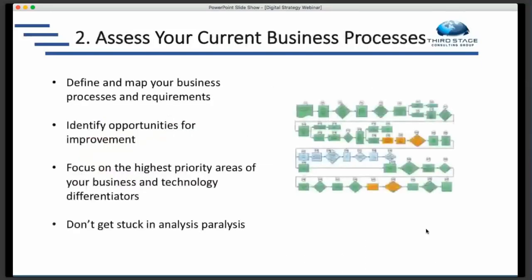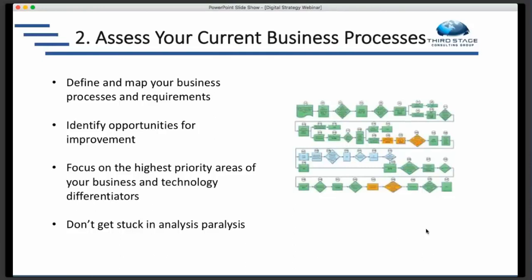The second step is to assess your current business processes. So we'll start with your current business processes and requirements. And we don't want to get into analysis paralysis here and over-analyze and overthink our current business processes, but we do want to define what they are, where the pain points are, where the opportunities for improvement are, so